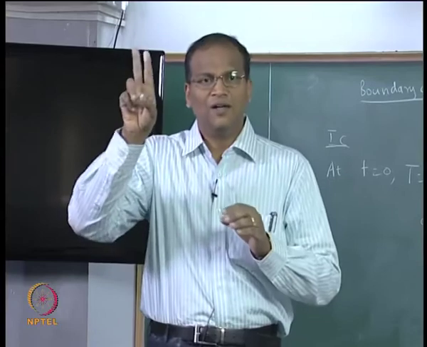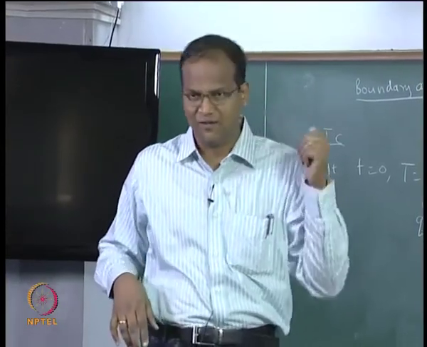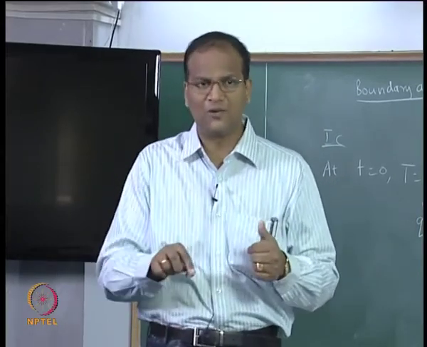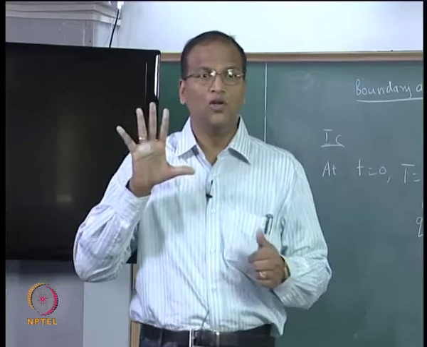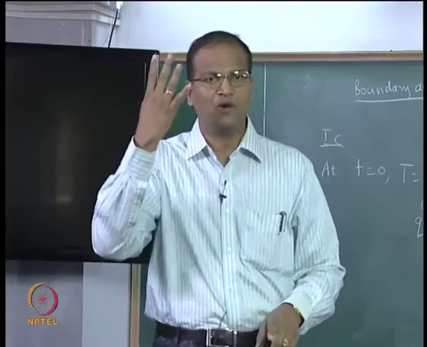So, if you have a two dimensional unsteady problem, you will have the rho Cp into dt by d tau on the left hand side, and on the right hand side you will have del square t, which involves dou square t dou x squared, dou square t dou y squared. So, you require 5 conditions without which you cannot solve the problem, 1 on time and 4 on space.